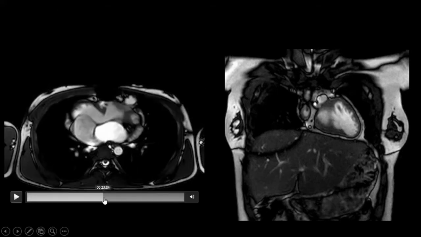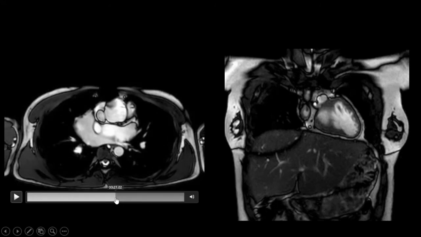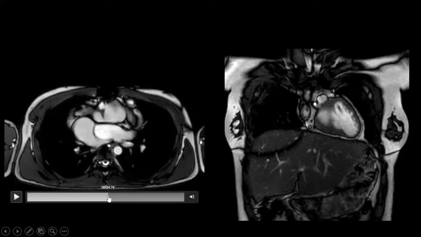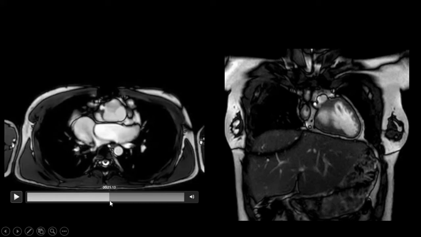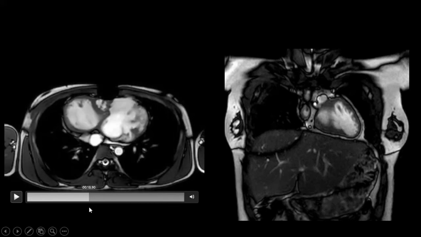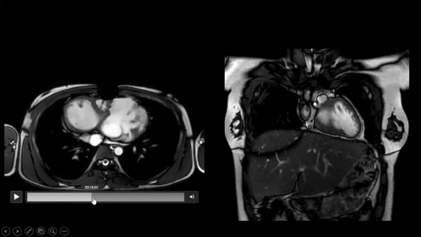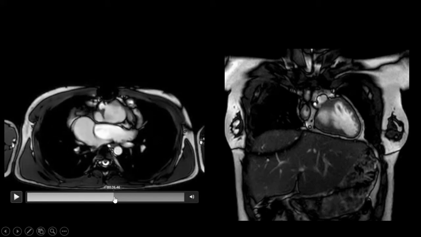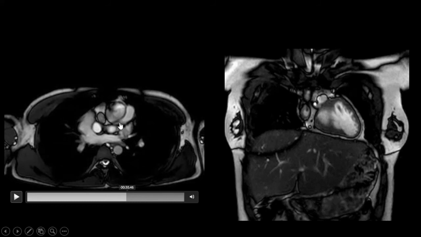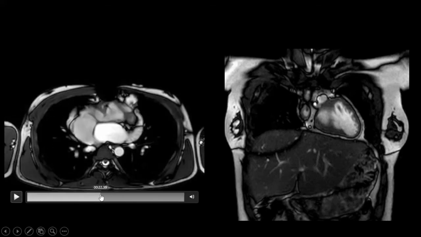So in this case, when we follow the flow of contrast, we can see this is the SVC, which is part of the baffle, SVC baffle. This is the IVC. So the systemic venous baffle with deoxygenated blood drains into the right ventricle in this case, from which we can see a pulmonary homograft arising, which supplies to the pulmonary arteries. There is some narrowing with flow acceleration in the pulmonary homograft.